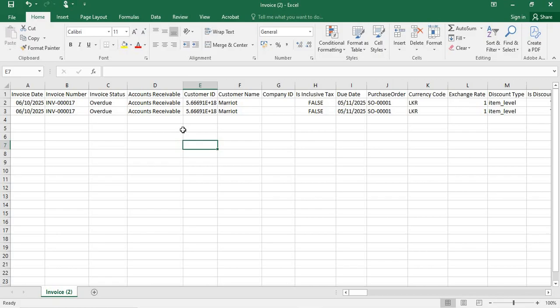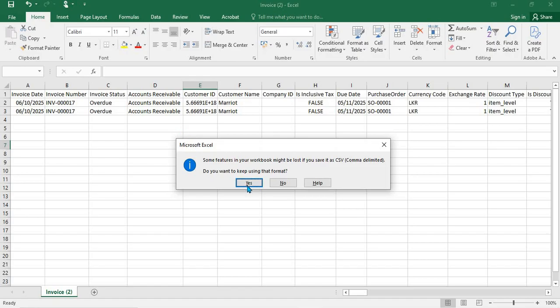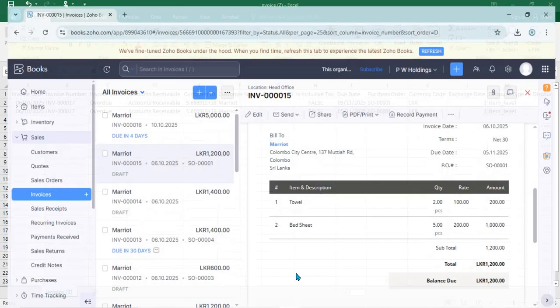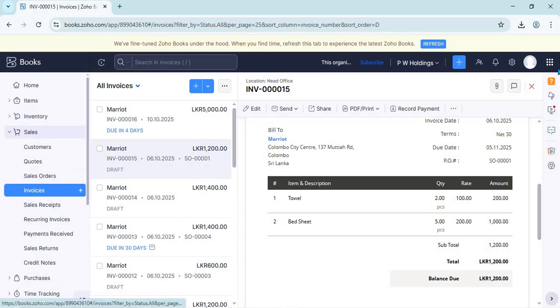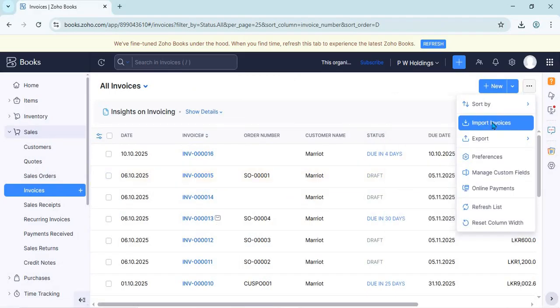So now here, we use the import option if you are moving from another accounting software to Zoho, or if you have any backlog in Excel format or other format, you need to import to the system. So like that, if you have any requirement for import, you need to follow these steps. I'll save this and I'll try to import again. Go to invoices, click three dots, import invoices,